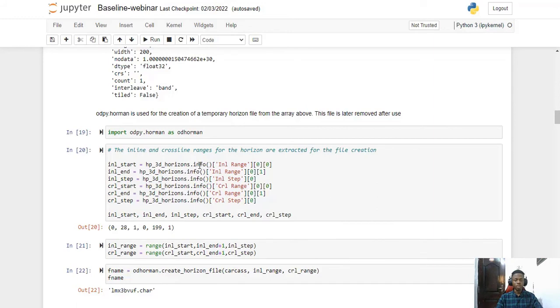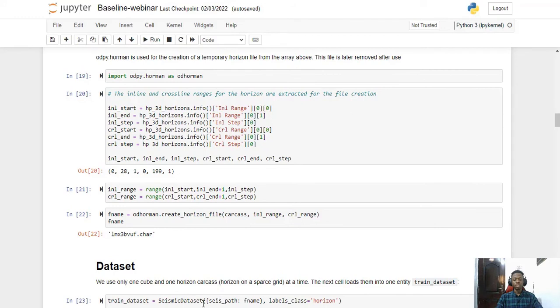So that was gotten by calling out the info method from the created horizon object, and the necessary keys for the inline and the crossline start and end positions. So with those three parameters, the horizon file was created, and it returns the horizon file name, which is needed by the seismic dataset to create the train datasets required by the SeismiQB